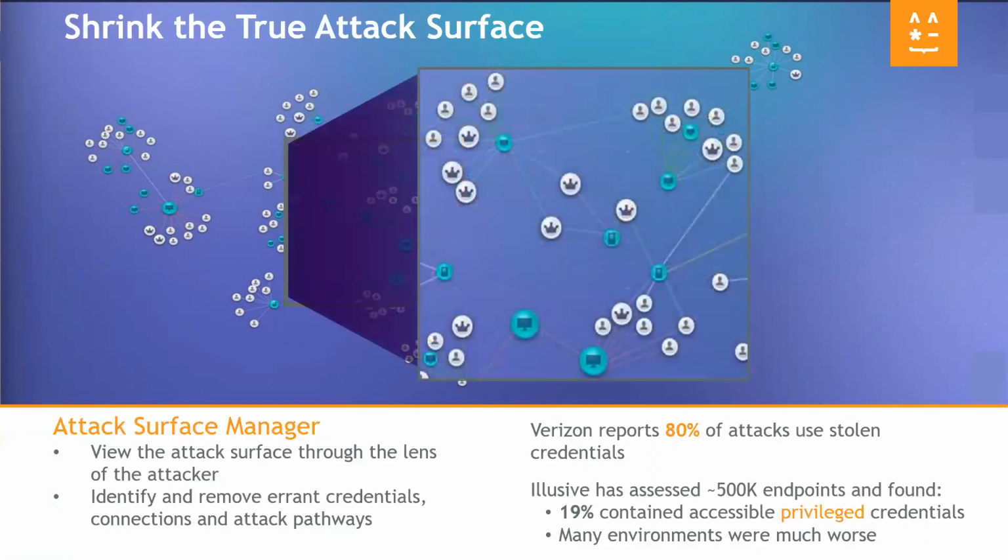And then once those have been identified, first and foremost, understand the risk that you currently have with your attack surface. But then once identified, take that attack surface and clean it up. Basically remove as much of those connections and credentials out of the environment as you can, so that they can't be leveraged by an attacker in an attempt to move laterally in the environment.